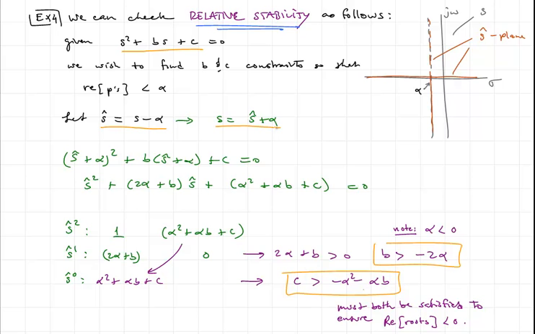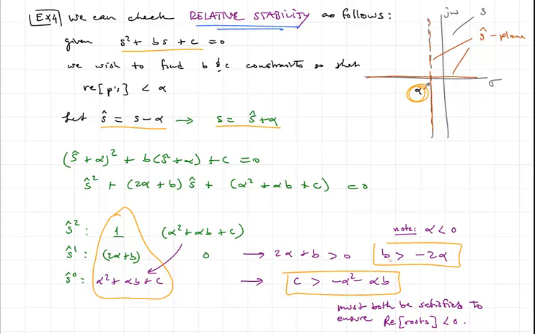If we look at the first column, which is what's being done here as we work this out, and we consider what would it take to cause a sign change, then the parameter values that would cause a sign change as we go down that first column would correspond to the case where at least one pole in our system has a real part that is actually equal to alpha. Okay, and we find in this case that